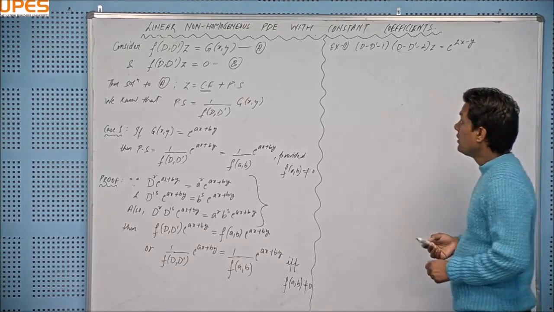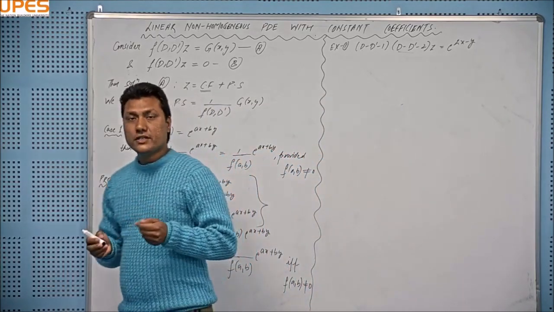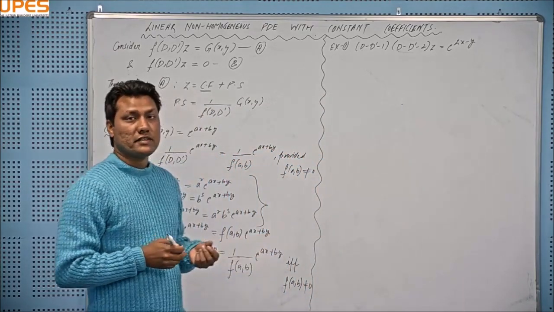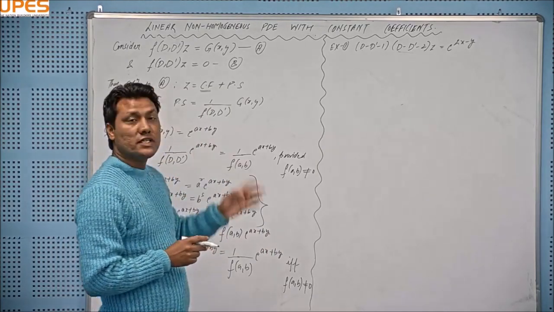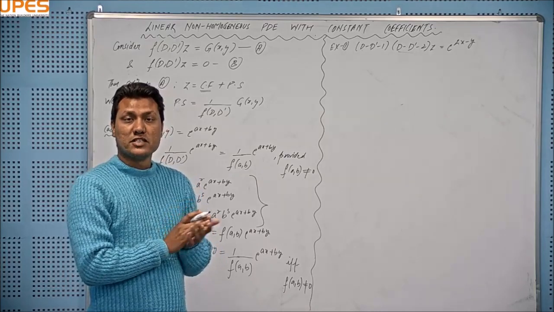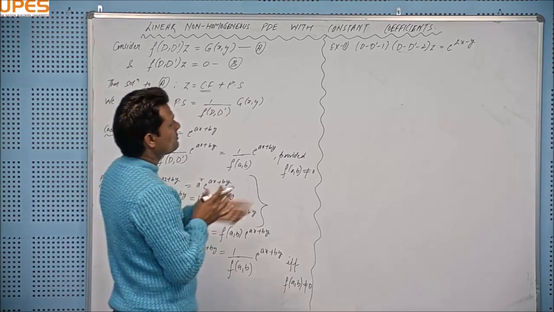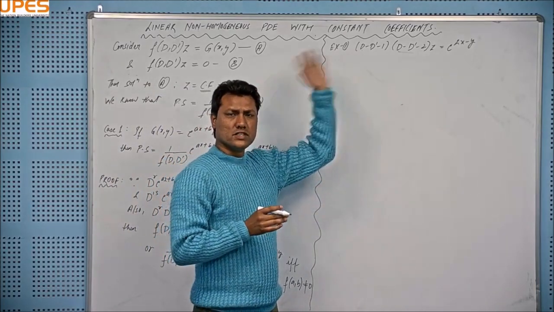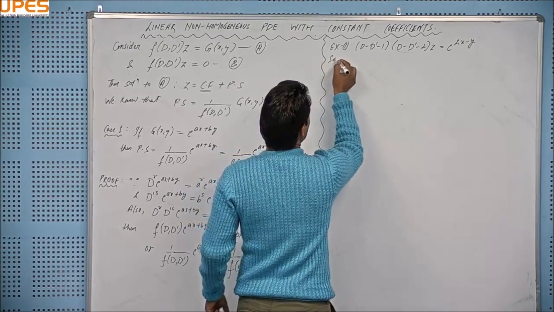And one more point is that these factors are already reduced to a product of linear factors. Luckily, this time we don't have to use that exponential method, e to the power hx plus ky, as we discussed in our last video. This is already factorized. We can directly write the solution. Okay. Then solution,